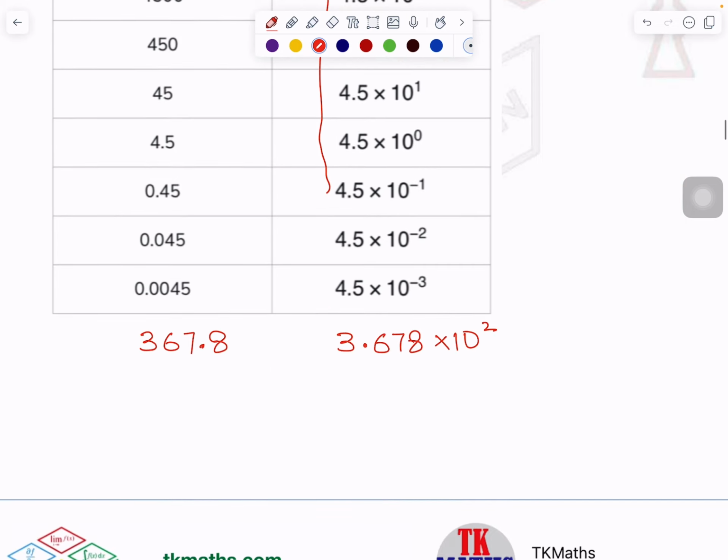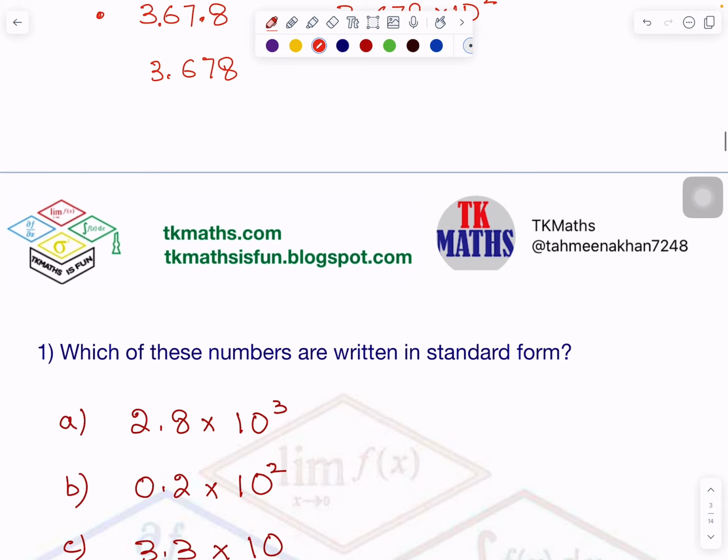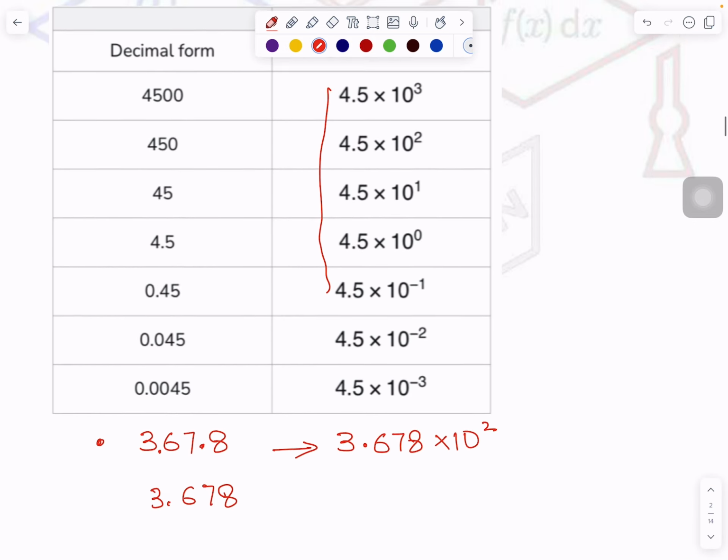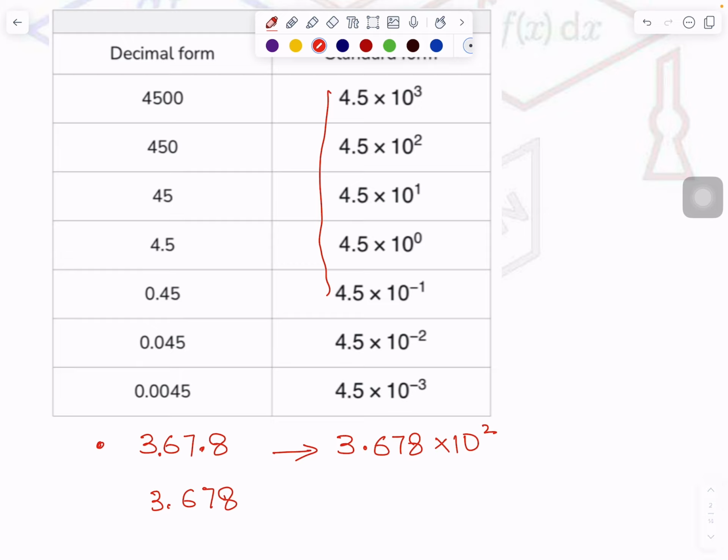Now, if I see a different example, which is here, if I change it into standard form, what will it be? This decimal should be here after 3. How did we get it? I'll explain it to you. Don't worry. So in the next video, we will go into the exercise. This video was just the introduction so that you can recall a few concepts. The link of the other videos is in the